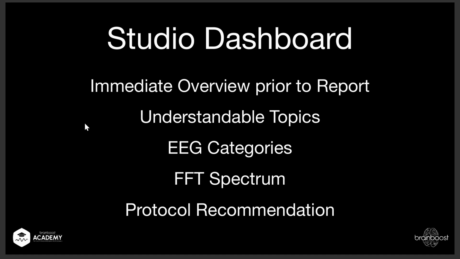Also, it's supposed to give some understandable topics. I will come to that part. For a lot of clients, it is hard to tell them, hey, your theta beta ratio is not very good. Then they ask, okay, what is theta? What is beta activity? Then you have to explain what brain activities are, what frequency bands are. And now we, on purpose,